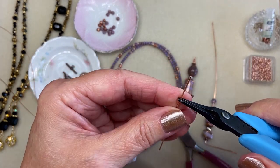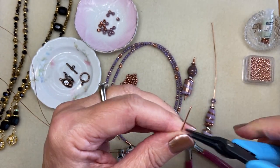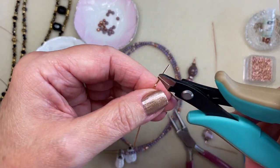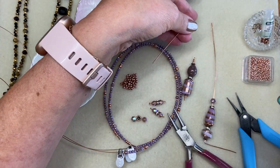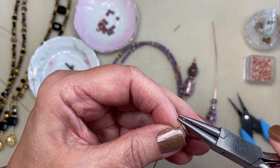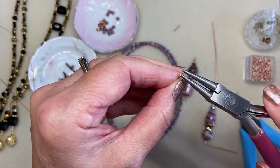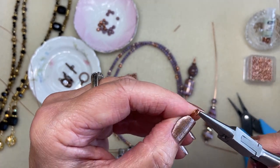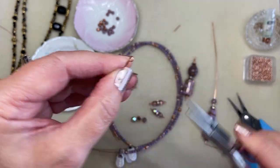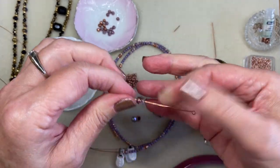So I am just going to give this wire a bend, and then I want to leave about 1/4 of an inch, you can see, and I'm just going to cut there. And now I'm going to take my round nose plier, start to roll it back, just rotate that plier and just get a simple loop. If I didn't get it good, I'll go back in, center it, and close it up. Okay, now just want to make sure it's nice and straight, and I'm going to string on one of those